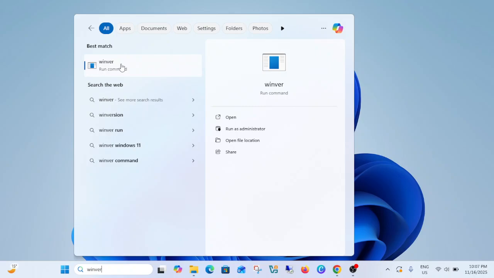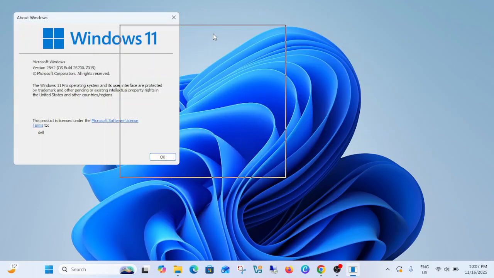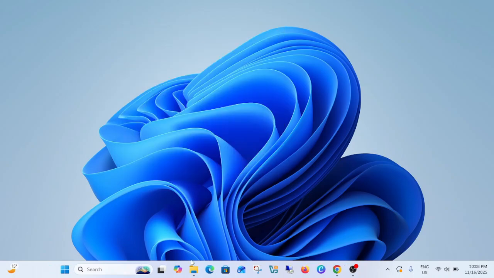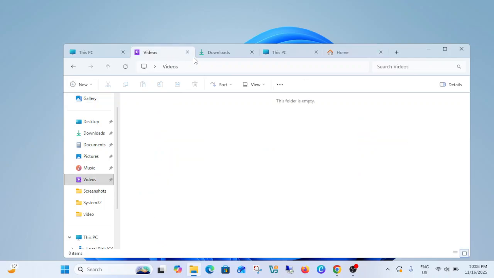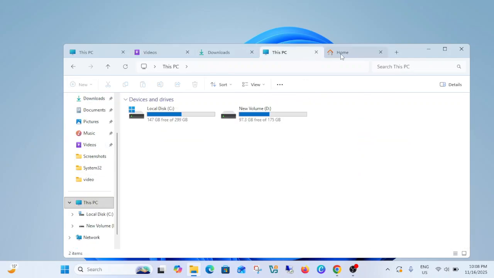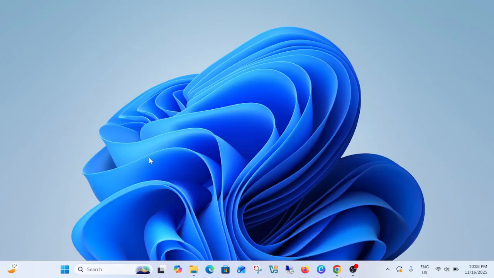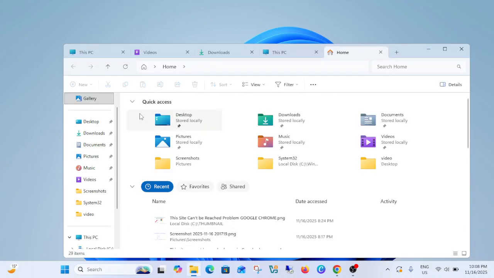Windows 11 22H2 and later on your Windows. Like 25H2 is latest as of now, and 24H2, 23H2, and it should be at least 22H2. So by default this should be enabled on your Windows. If it is not enabled on your Windows, you need to go for check for update and use the latest Windows. If you are already using the latest Windows and these options are still not showing, then what you can